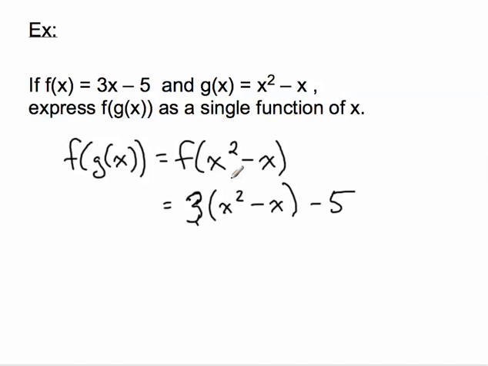So now, everywhere you saw an x here, you have to replace it with x squared minus x. So 3 times x squared minus x, minus 5, and that becomes 3x squared minus 3x minus 5 as we distribute. Okay, so that's how to work with composite